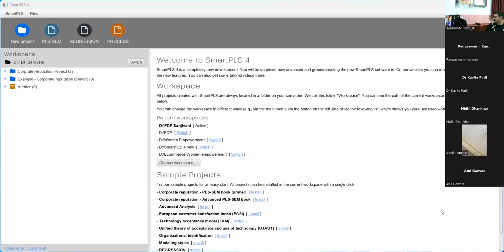There's one more caveat. Whenever you create a data file, please make sure that you have a serial number or respondent number column. If it is not there, go to SPSS and use the case number. You create a new variable from the compute option, give it a name like respondent ID, and use the case number procedure to create it, as the first column. Why? Because when you are cleaning the data,